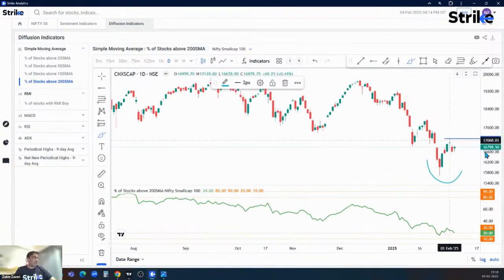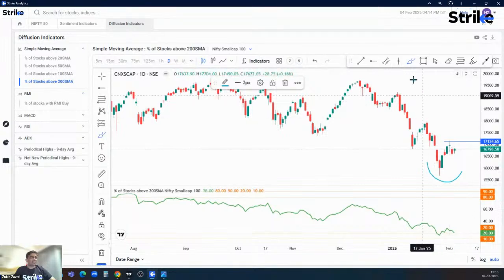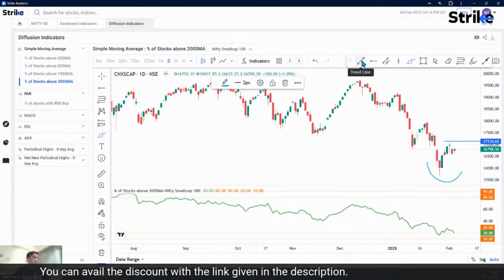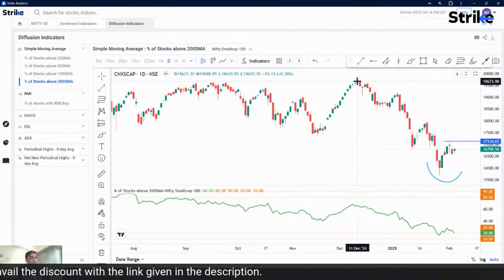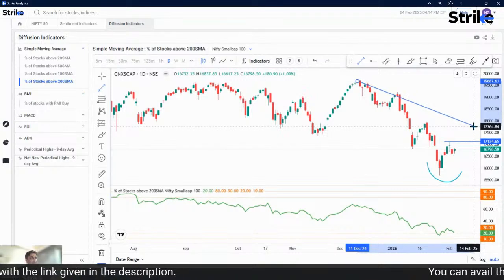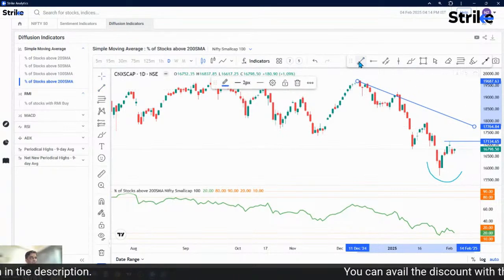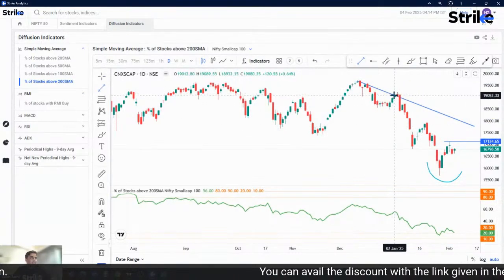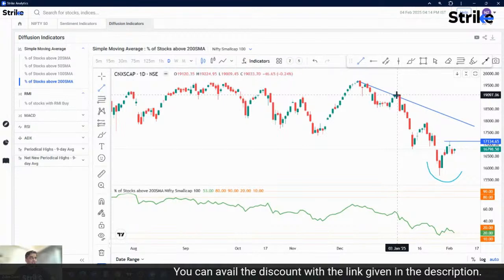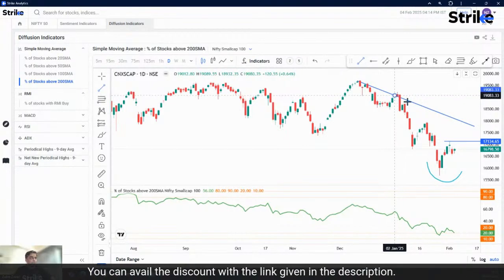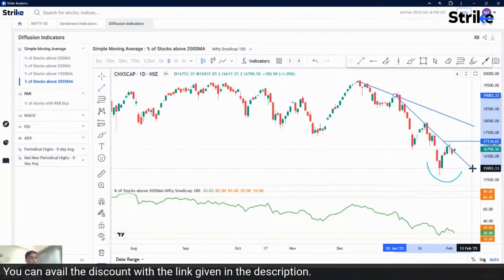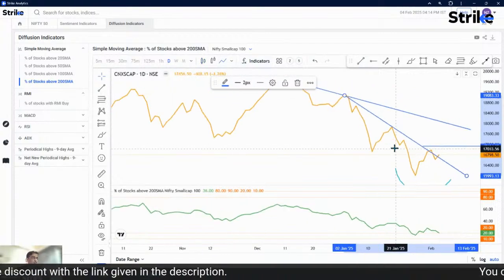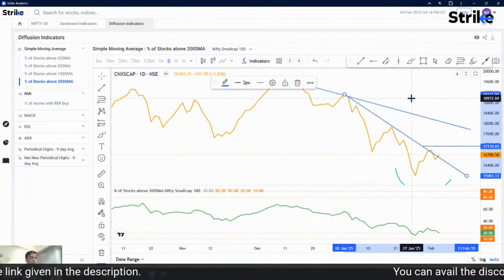And for that, what do we have to do? We simply have to wait for, you can draw a trend line over here. So this is one trend line that can be drawn. Then over here you can draw another trend line here. Yeah, I'm taking close to close. So if we take a close to close over here like this,